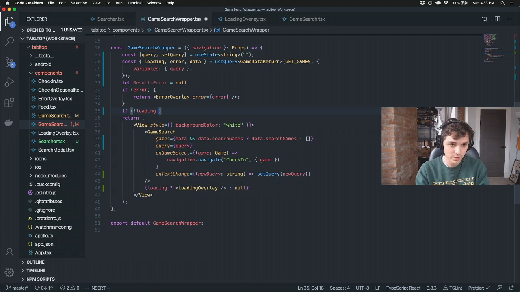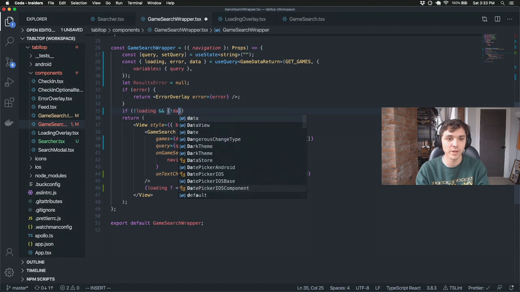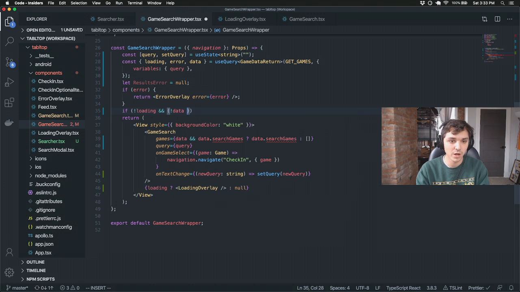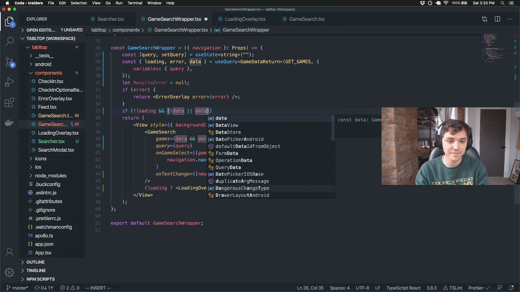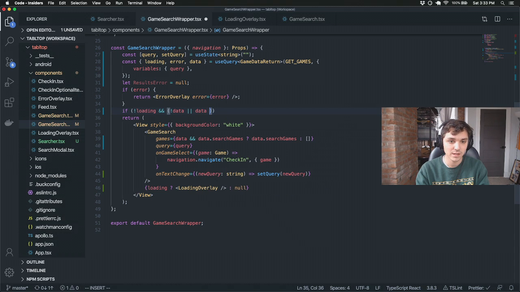So if we're not loading, and one of the following has to be true: we either don't have data, or we have data and data.searchgames